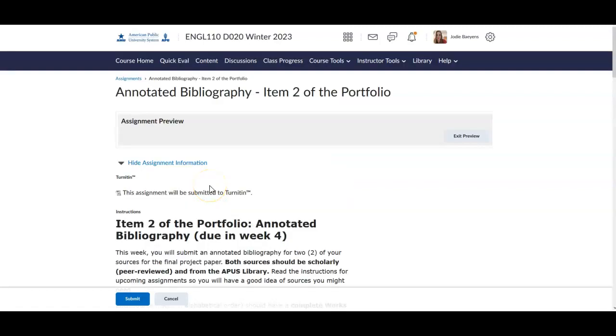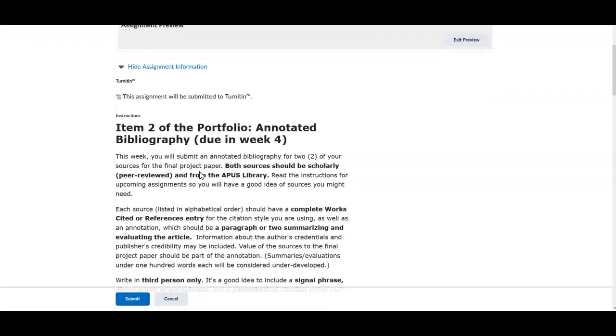Hello writers, I wanted to make a quick video and just go over the annotated bibliography and what will be expected from you. So the first thing to remember is that you should have two sources and they should both be scholarly. If you don't know how to find a scholarly peer-reviewed source in the library,